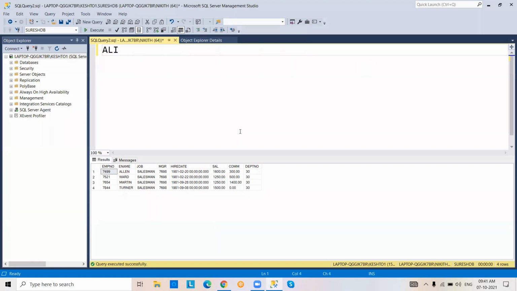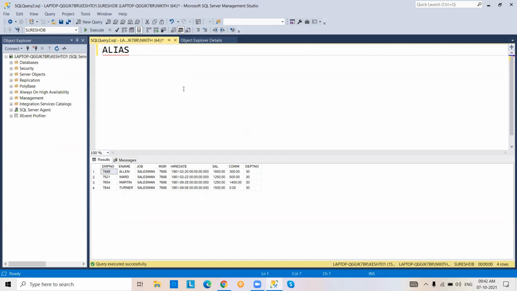So the next operator is the alias operator. Alias means a second or duplicate name can be assigned to a column or table. Once again, alias definition: it is a duplicate name.